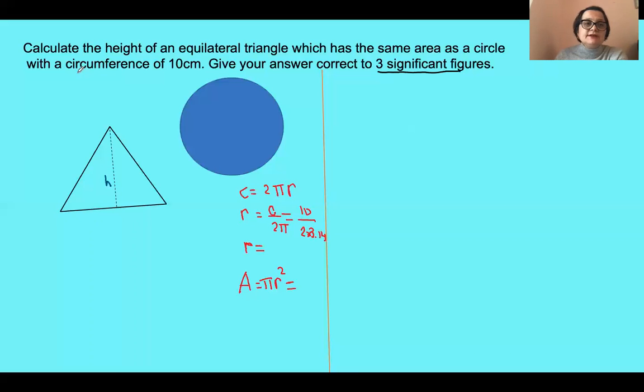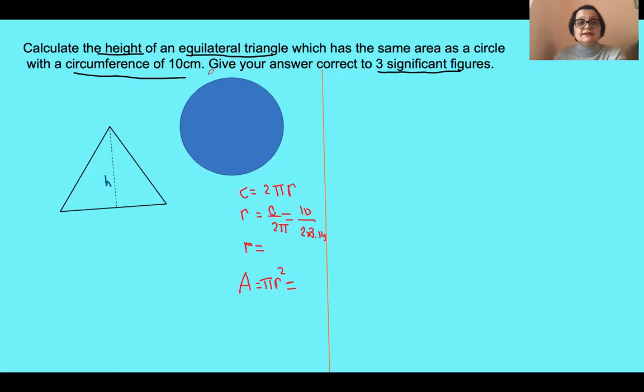So I'm going to underline. I have the circumference of the circle, which is 10 centimeters, and you need to find the height. And the triangle is an equilateral triangle. This is very important as well, because we can get something out of it. It means we know more than what the problem says. So the problem says the circumference is 10 centimeters. Through this, we can get